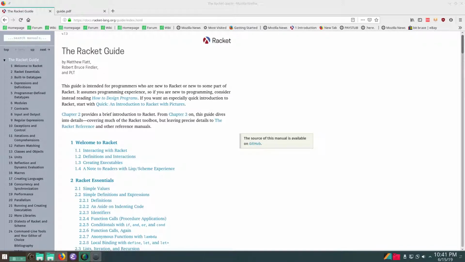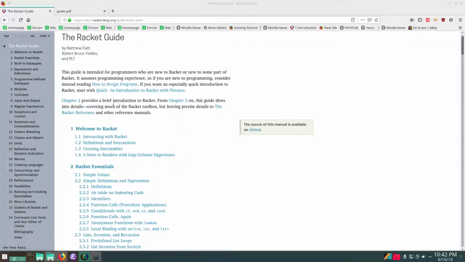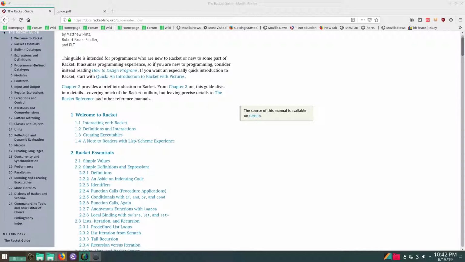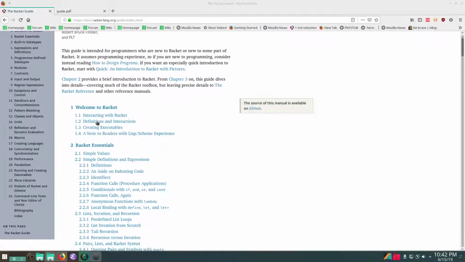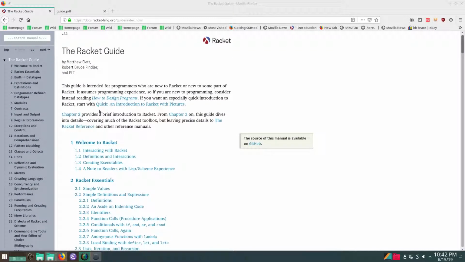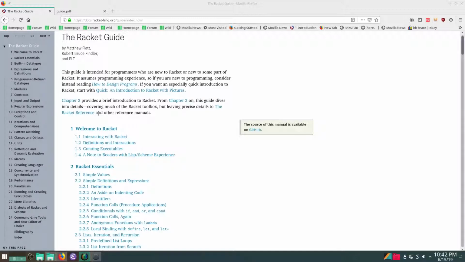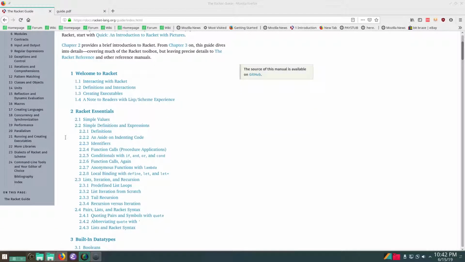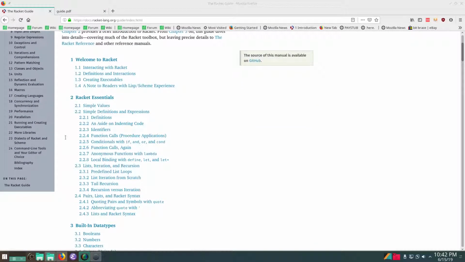Okay, I'd just like to show everyone a quick thing that I found out about Racket, and it's related to the documentation. So normally when you are looking at the documentation, you look for Racket guide or something along those lines in Google, and then you'll land on this page. And this is great because the Racket manual is very thorough, but at the same time, you also need